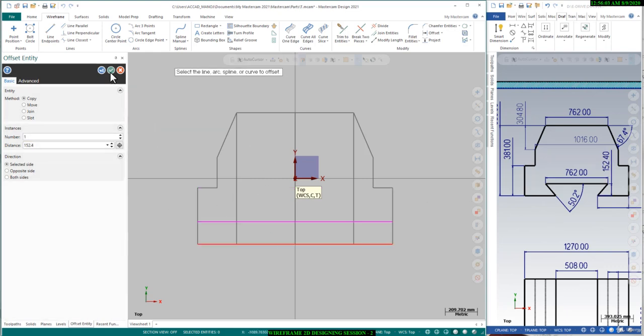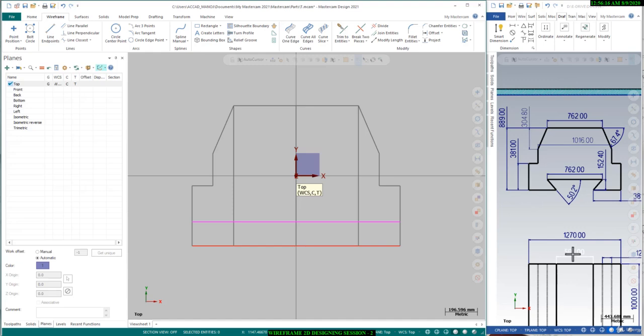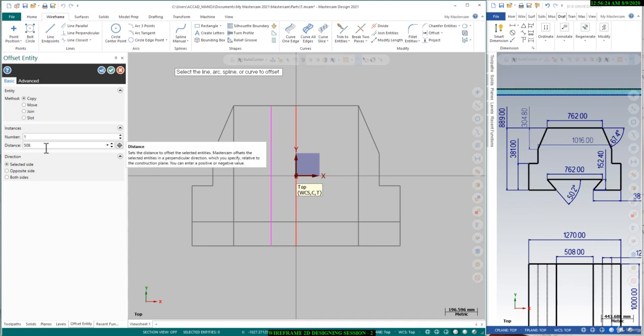Done. So now we have to check this distance. So what is that distance? That is 508. So once more we will offset it 508 divided by 2, both sides. Okay,